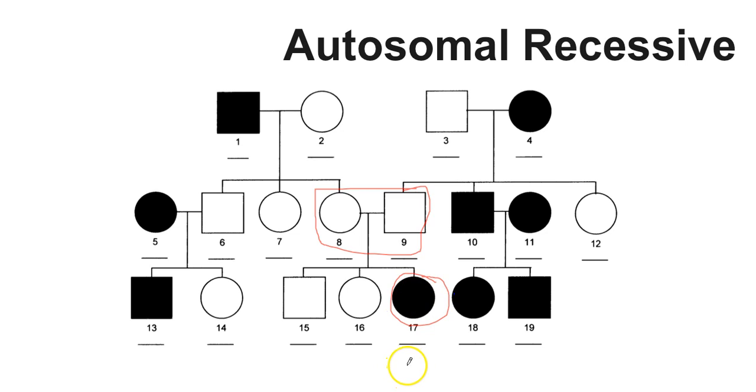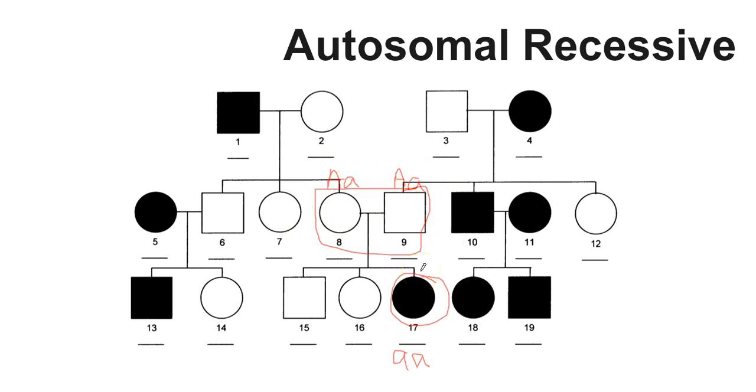It's recessive again, and so here the trait gets little a, and the parents here are unaffected. So they're going to have a dominant allele, and each will also have a recessive allele, because one of the little a's from 17 had to come from 8, and the other one had to come from 9. We can trace this back through the rest of the pedigree, but this is where we're shown that this is